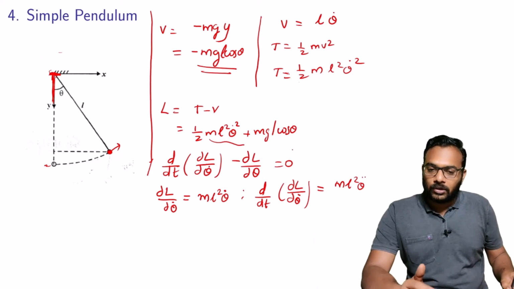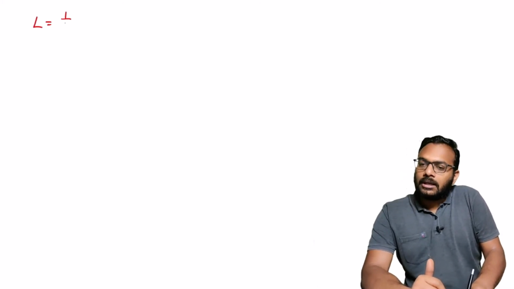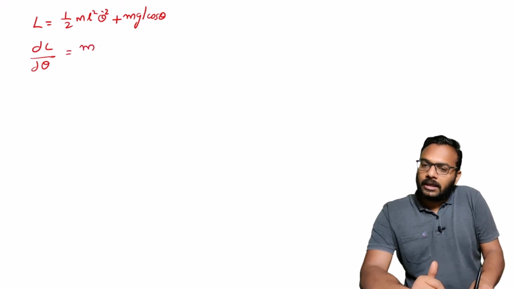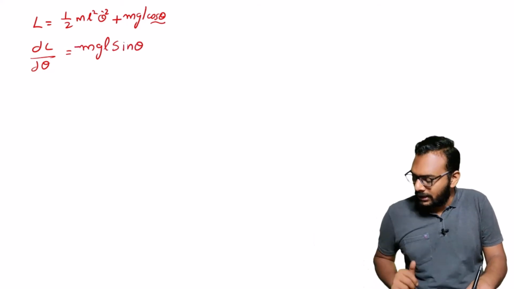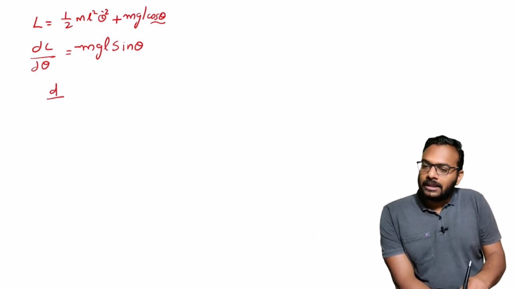Okay, you also have to find dou L by dou theta. Since L equals half m L square theta dot square plus mgl cos theta, dou L by dou theta is equal to mgl times the derivative of cos theta, which is minus sin theta, so you have a minus sign here. Now the equation of motion becomes d by dt